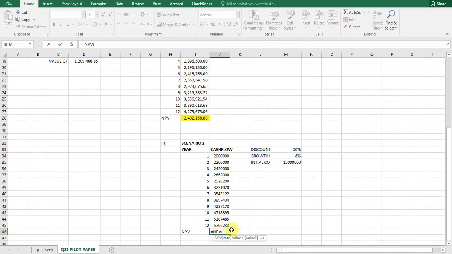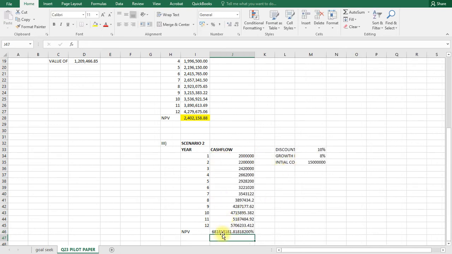I'll tab that. My rate is 10, my discount rate, my values. I close the bracket and I minus the initial outlay of 150 and I enter. I convert this one to general, it's not a percentage, and these values I use a 1000 separator that way. So under scenario 2,